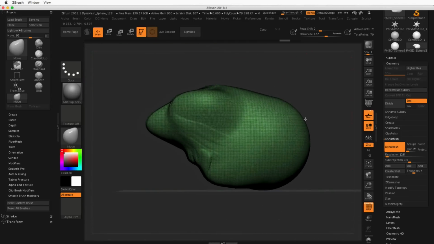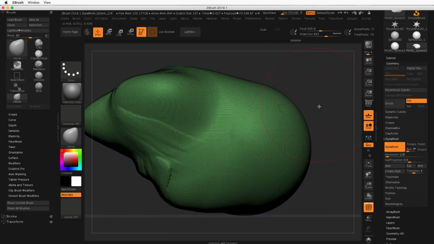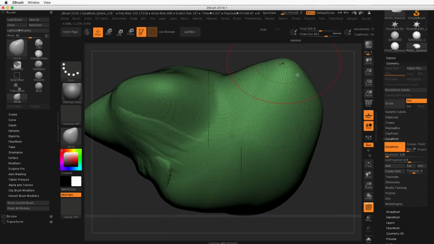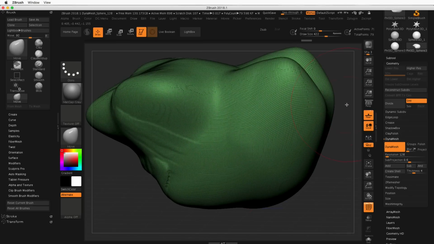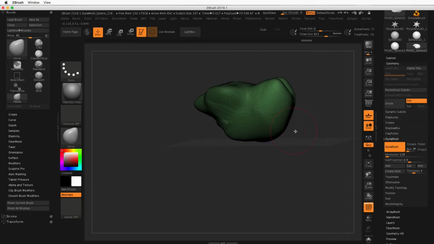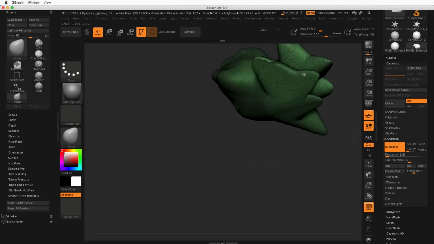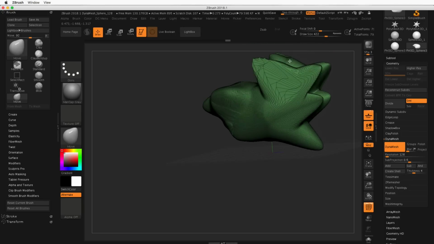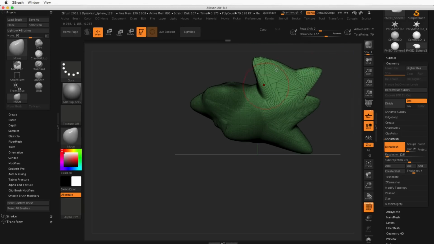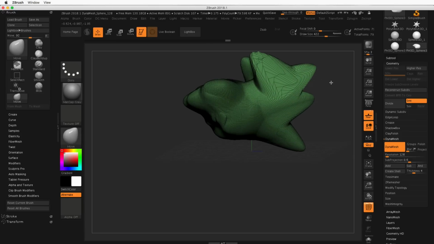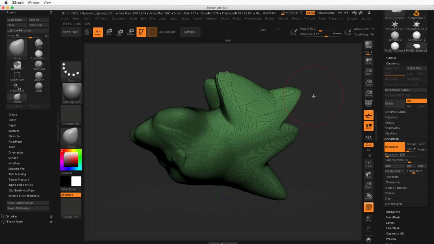around in your object. So if I were to start moving things around like this, and let's just get a little dramatic with this. Move it like this, like this, like this. Okay, now we have really goofy looking topology. If I want to rearrange the way this is distributed, all I have to do, and let's just move in a little bit here, all I have to do is